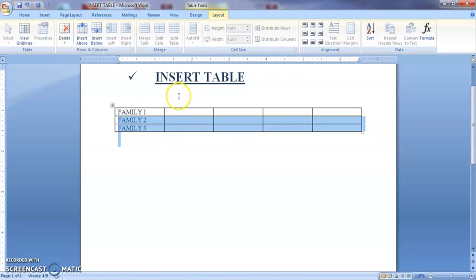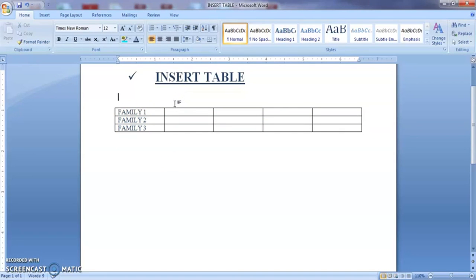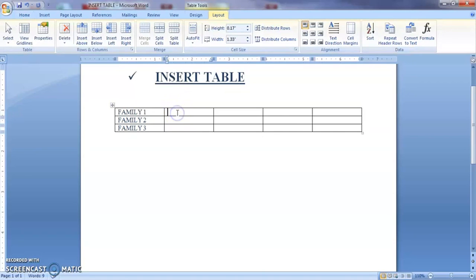Now I have to give a column heading. Now what is a column heading? What are the different areas in which the family used to spend? So here I am going to insert a row above. For that, under the rows and columns option in the layout tab, you have insert above. Remember, in order to insert rows, you have to go for insert above or insert below. And in order to extend or reduce the number of columns, you have to go for insert left and insert right. Okay, you have to remember it in reverse.